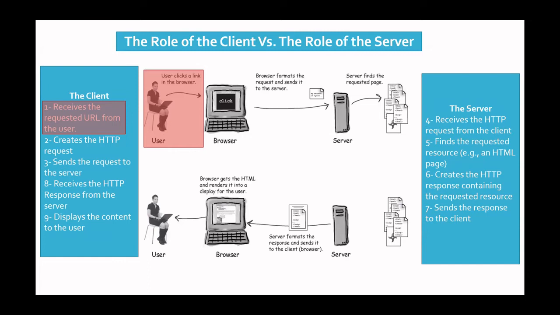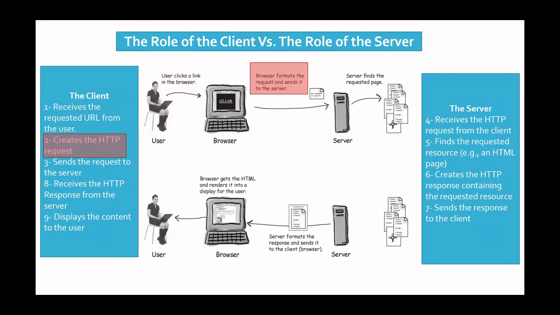Now, the browser, the client's first job, is to know how to receive the requested or needed resource from the user. So let's say the address bar, for example, is one mechanism. The link or a hyperlink is another mechanism for the user to tell the browser that I want to see this page or this image or any resource. Okay? Now, the browser takes that from the user